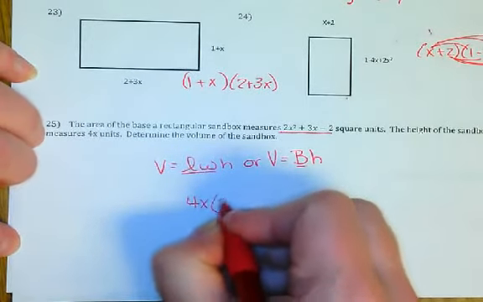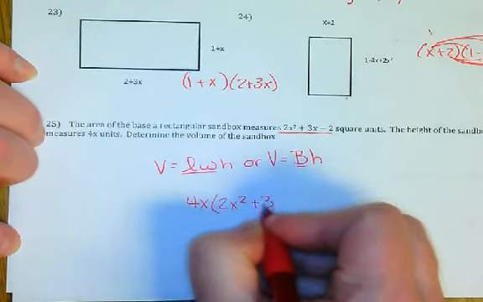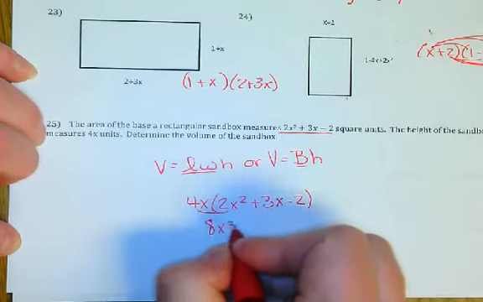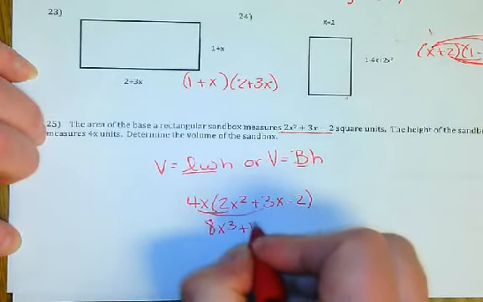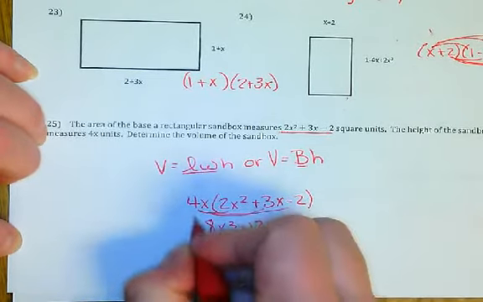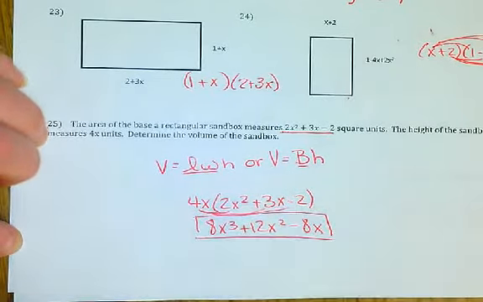So I have 4x times 2x squared plus 3x minus 2. That gives me 8x cubed plus 12x squared minus 8x. And there it is. All right, on the back,